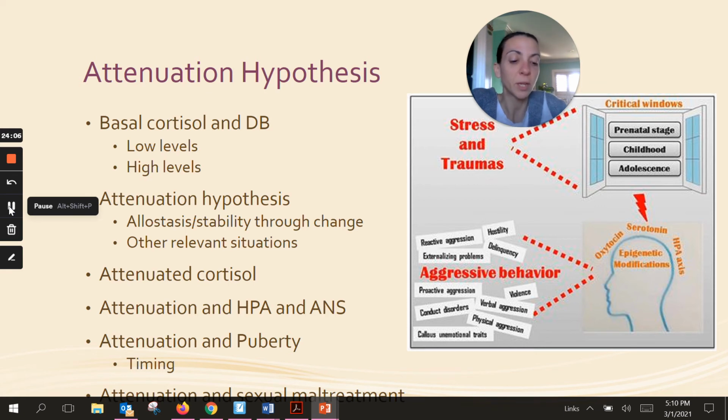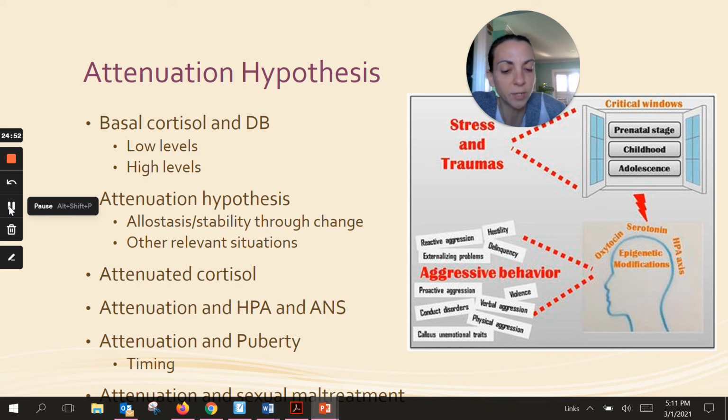Our HPA and our autonomic nervous system are affected by genes. They're also affected by rearing conditions, and parental and family interactions. Children with internalizing symptoms have blunted or lowered cortisol levels. Without typical HPA functioning that prepares people to handle stressful situations, children develop poor coping skills that are associated with disruptive behaviors. Or it could be that blunted cortisol is a pattern in families where conflict and violence occur. If you're constantly exposed to that stress, your HPA system becomes damaged and that cortisol never gets shut off. You just get used to it, so the lower level of cortisol is what occurs.